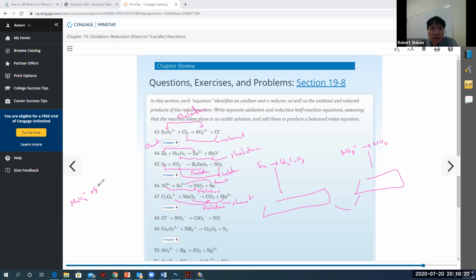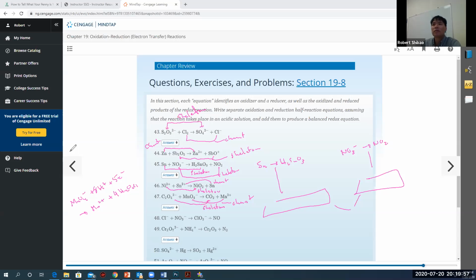It's permanganate plus 8H plus, this is manganese 7 going to manganese 2 plus 5 electrons. I figured out how many electrons because this is manganese plus 7. The oxidation state, this is manganese plus 2, so go from +7 to +2, we need 5 electrons for each manganese. We only have 1 here, so that's it. This is going to go to manganese 2+, and then I figured out how many hydrogens I need because how many oxygens. I have 4 oxygens, therefore I need 8 hydrogens to make 4 H2Os. Good. That's it.